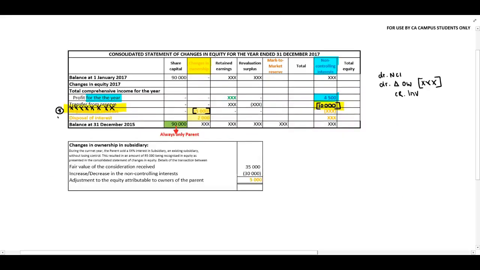Guys, there's a line item, disposal of interest, and important guys, remember, if additional shares are purchased by our NCI, we need to include this in our NCI in a line item as there is an increase. And then guys, remember a positive 2,000. Why? In our journal, we've credited the equity account. Guys, I've included your calculation on change in ownership in the subsidiary. If you want to work through this again,